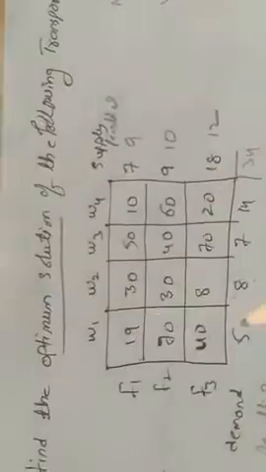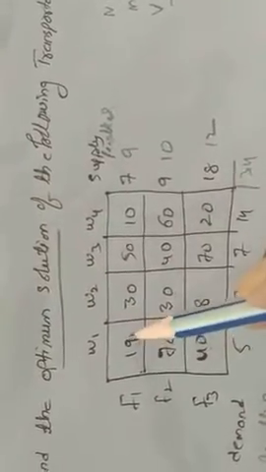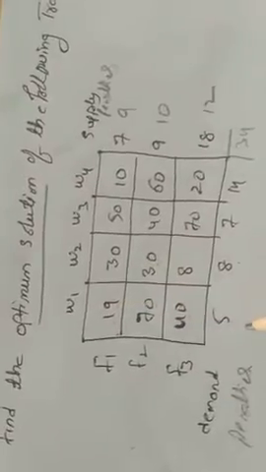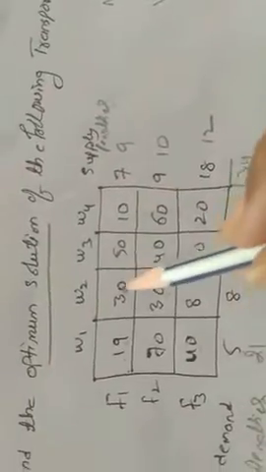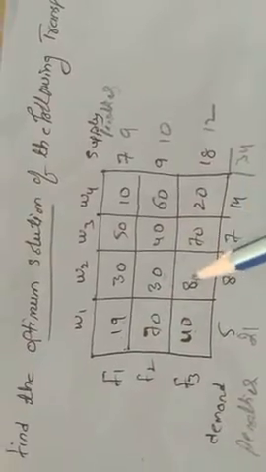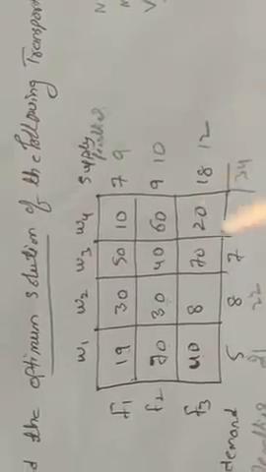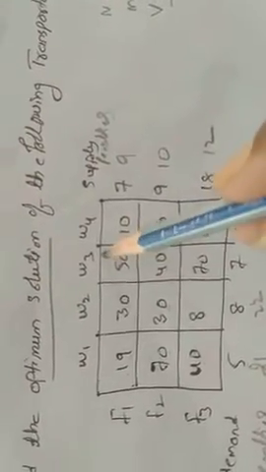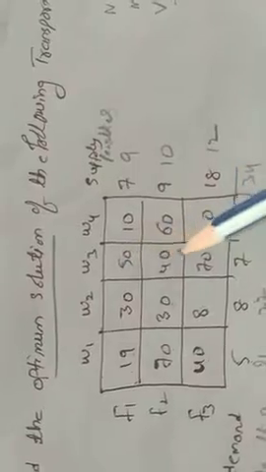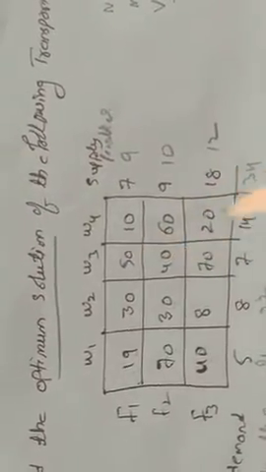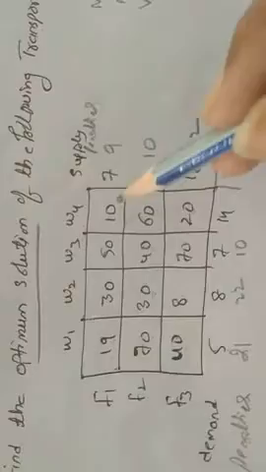From the column side, the first column has 19, 70, 40, 40 and 90; the minimum two elements give 21. Next column: 30, 30, 80. Taking the minimum two elements, 8 and 30, gives 22. Coming to the third column: 50, 40, 70. 50 minus 40 gives 10. In the next column the minimum two elements are 20 and 10, so 20 minus 10 is 10.